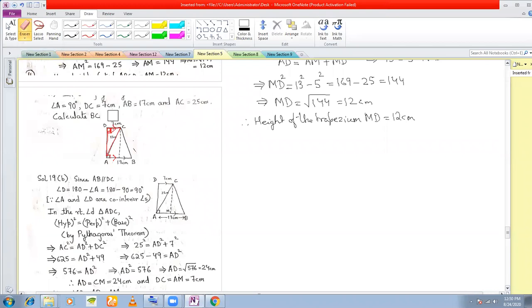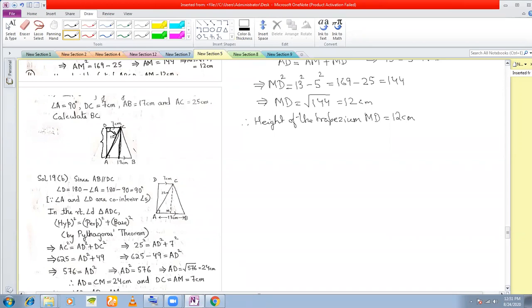Now, once this becomes the right angle triangle, which one is my hypotenuse? This one is 90 degree, so opposite to this must be my hypotenuse. So this side becomes my hypotenuse, AC. And this is the base and this is the perpendicular. So with the help of Pythagoras theorem, I can find out the perpendicular, this AD. Once I find out AD, I can find this length also because AD is equal to this length.